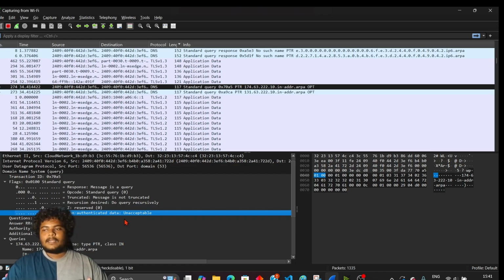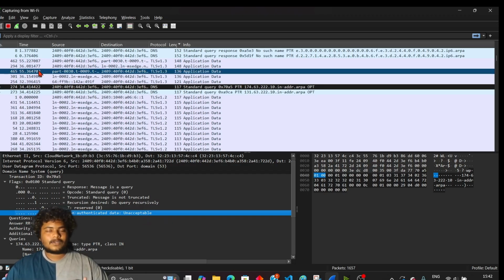when it wants to connect to the main server for data transmission, right? So that data is not unauthorized or non-authenticated. It should not be acceptable. This site is not safe. This type of error